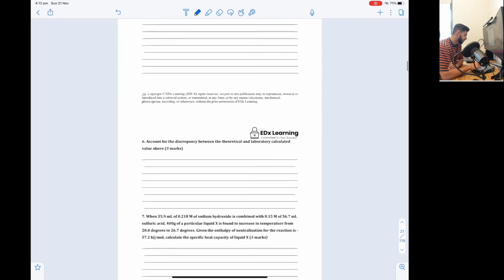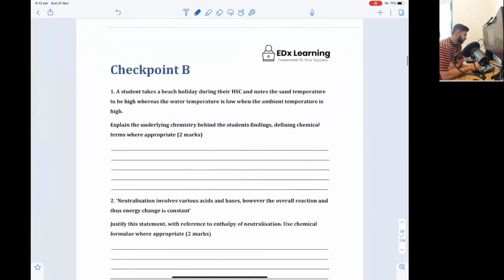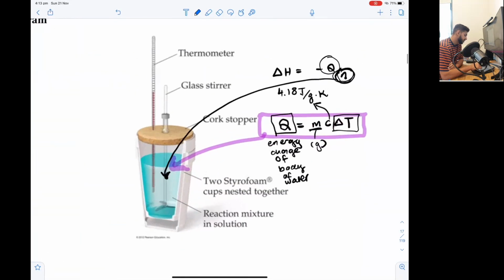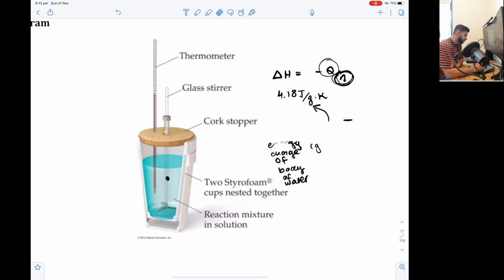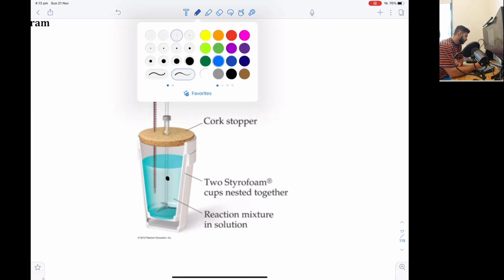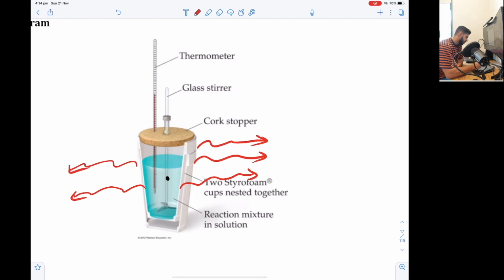And I guess the one thing we'll talk about, discrepancy between theoretical and lab values. So Risa, what would the main discrepancy be here? What would result in a discrepancy between the true value and our calculated value for enthalpy change? What is the main source of error in this experiment? Come on, there's a reason we use double styrofoam cups. Energy released into the surroundings. Exactly, right? And that results in a lower Q value